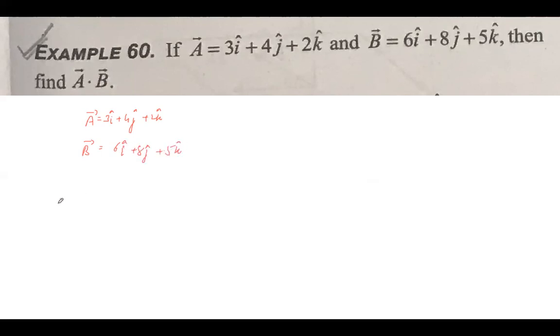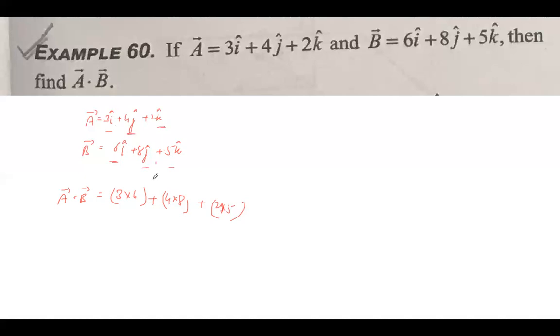When you are finding A dot B, the i component needs to get multiplied with the i component. So 3 into 6, plus AY BY, which means 4 into 8, plus AZ BZ, 2 into 5. You just need to multiply x component with x component, y with y component, and z with z component